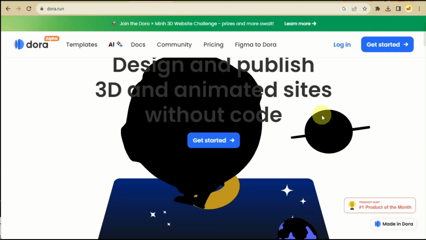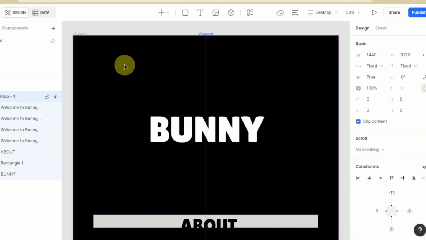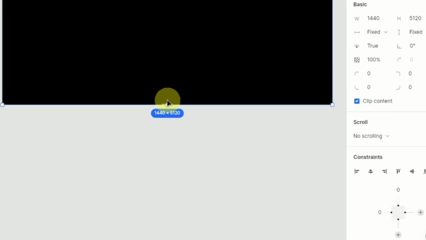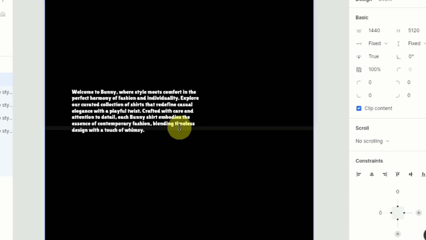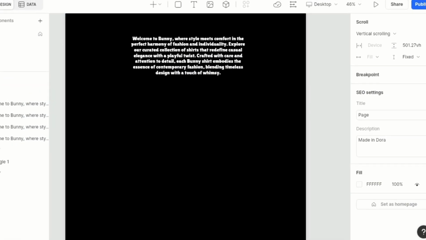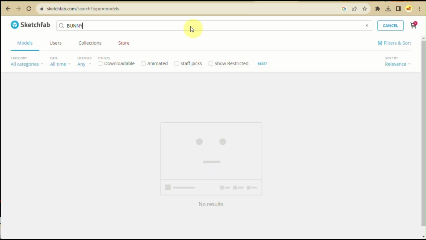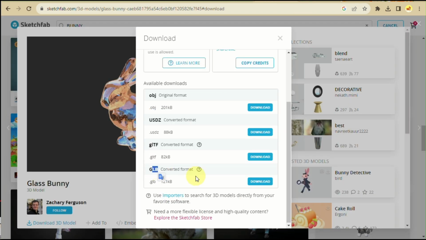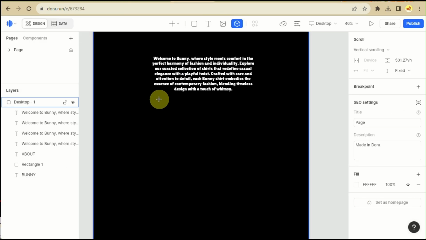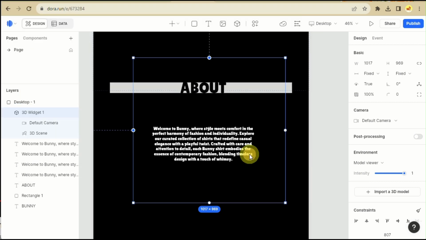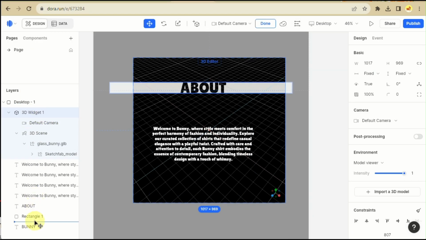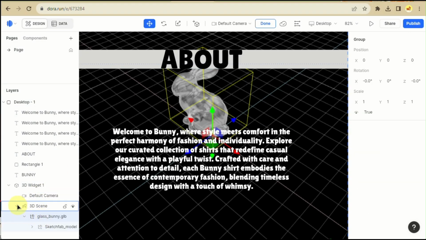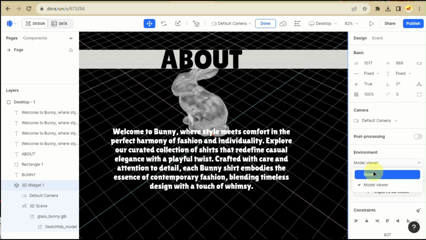Once you have that, all you have to do is go to plugins and click or find Dora. And then you can export the layers and transfer it to Dora. This is a platform where you can definitely use this to incorporate 3D model designs into your web design here on Figma. So you can go to Sketchfab. You can definitely download GLB files of 3D models or 3D animations that you can incorporate here into your Figma project using Dora, and you'll be able to see that all you have to do is click on the box at the upper toolbox